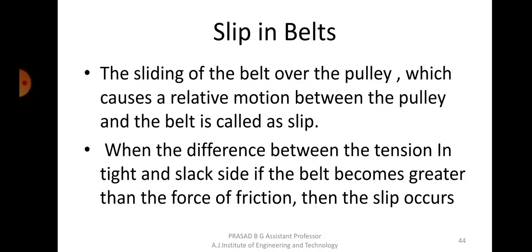The belt should actually move along with the pulley continuously. Slipping means the belt will slip forward, the pulley will be there only. The pulley would be rotating at a certain speed, but there will be a sudden jerk in the case of the belt. That is called slip. If slip occurs, then it definitely reduces the transmission of power, and the velocity ratio also will be less.